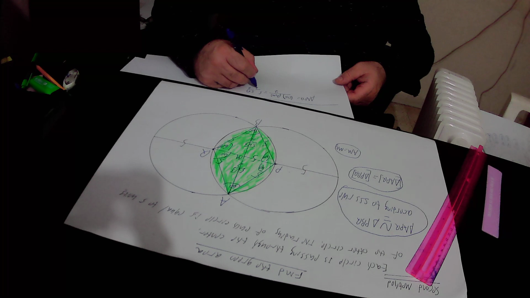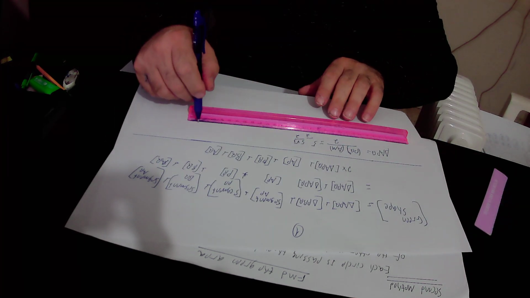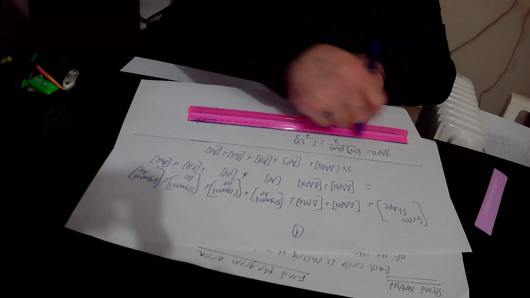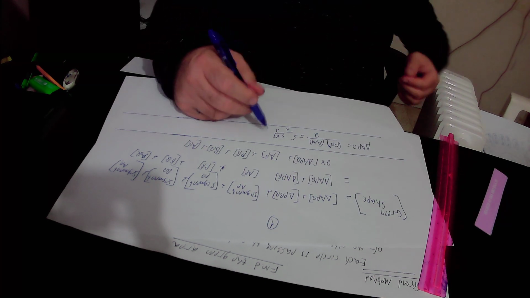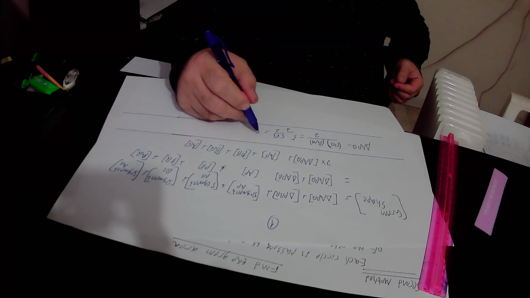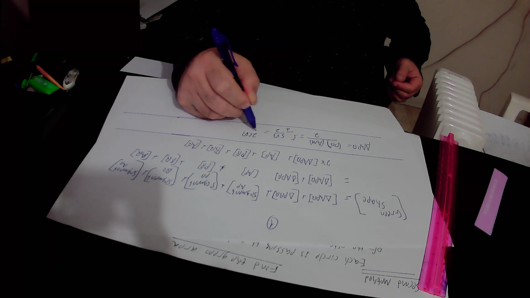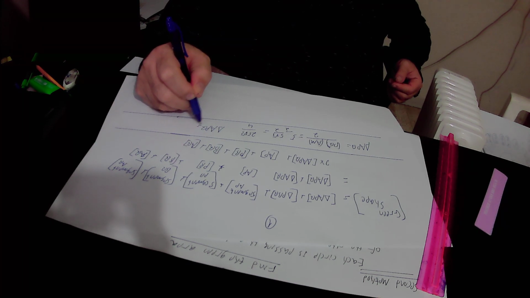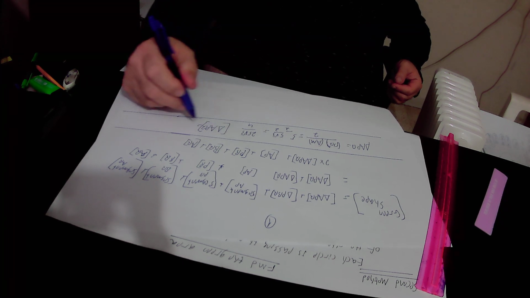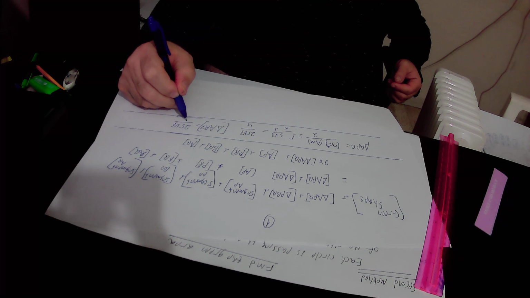All divided by 2. So in conclusion, we found out that the area of triangle APQ equals 5 times 5 is 25, times square root of 3 over 2 times 2 is 4. So the area of triangle APQ is equal to 25 times square root of 3 over 4,